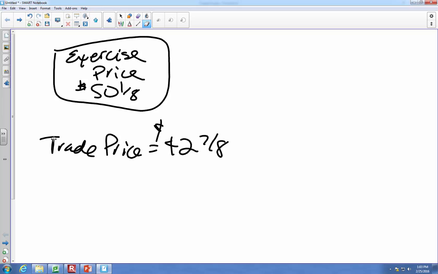What are they trying to get you to do? Figure out how to make the company more profitable and more attractive and get the price up over 50 1/8, so they become beneficial to you. Now, that's great. Incentivizing is always a powerful tool.